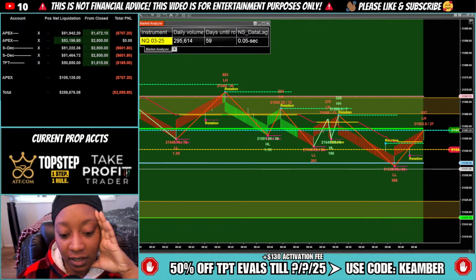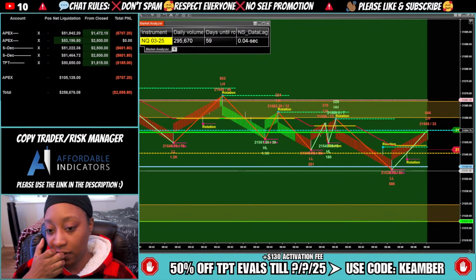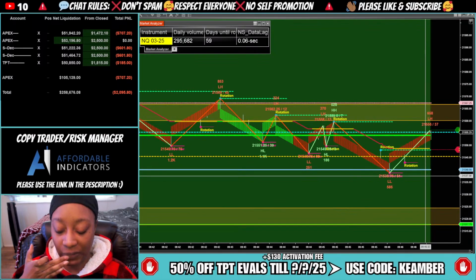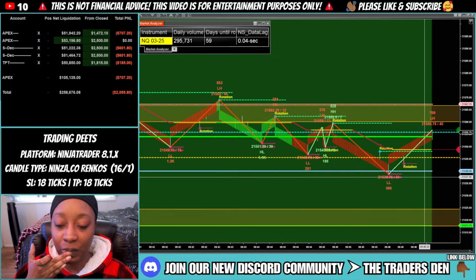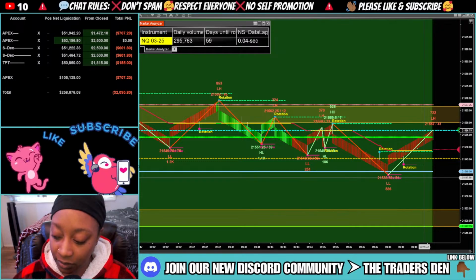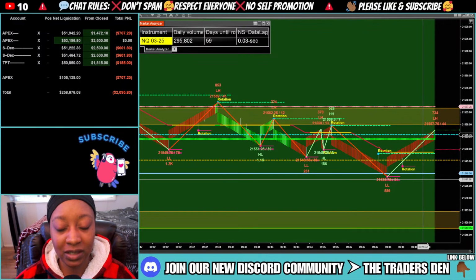Once I get MPAs, what I'm going to end up doing is risking 1 contract per $1,000 of drawdown or profit in the account. But I'm going to give myself a $500 buffer, meaning when I get to $2,000 in drawdown or profit in the account, that's not when I'm going to switch to 2 contracts. I'll do it at 2,500.